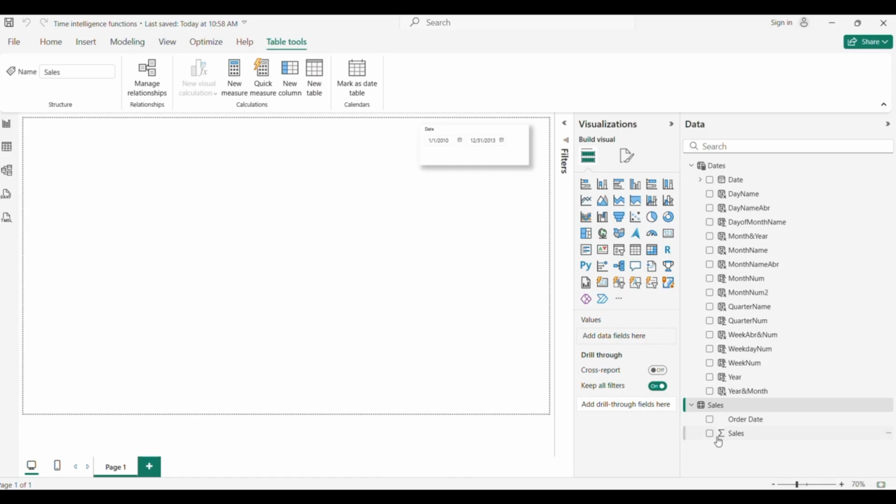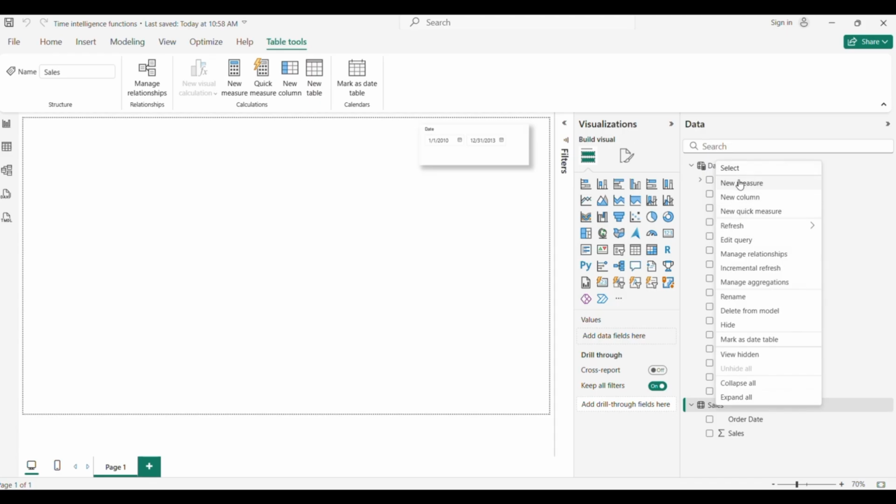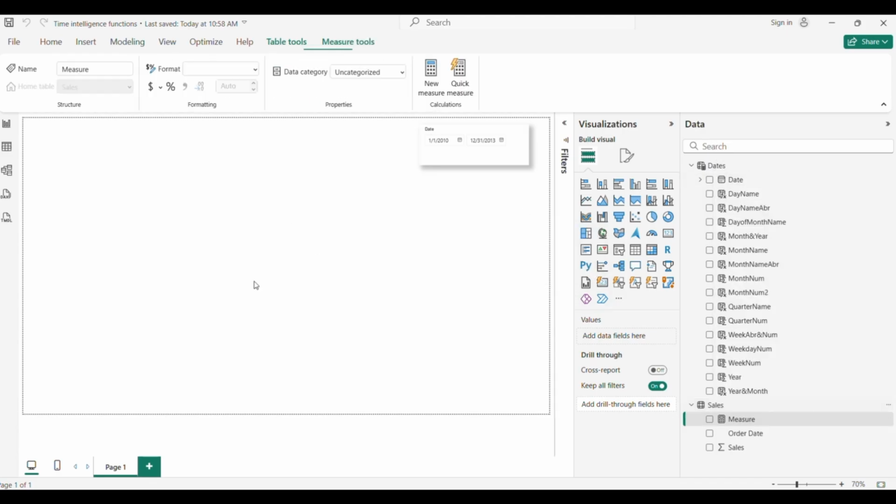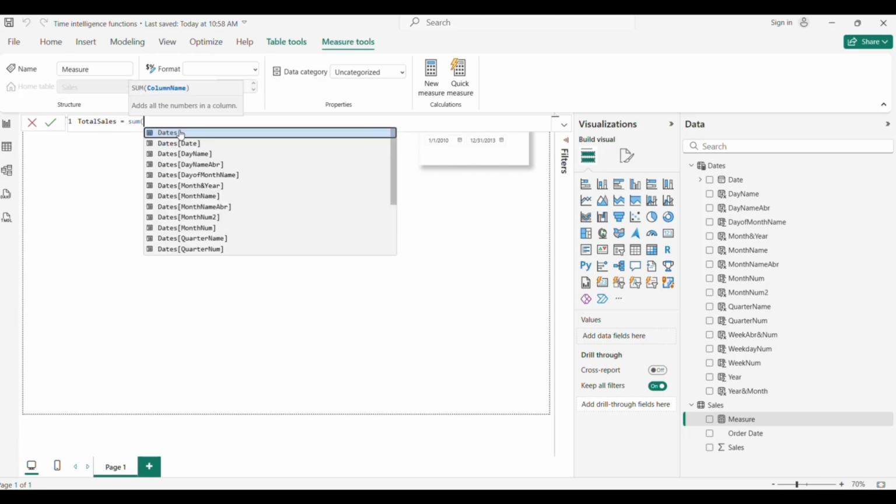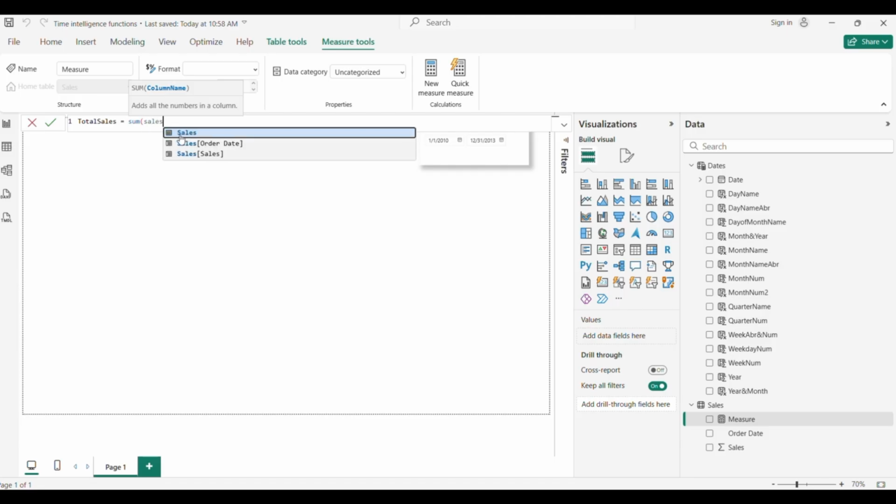So the first measure that we want to make before applying time intelligence functions is a total sales measure. We just write total sales and say sum of our table Sales, and then Sales.